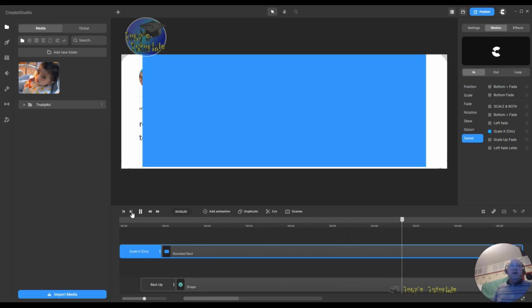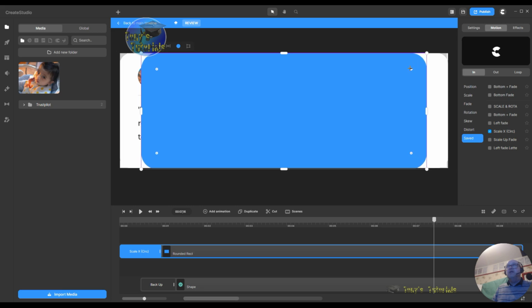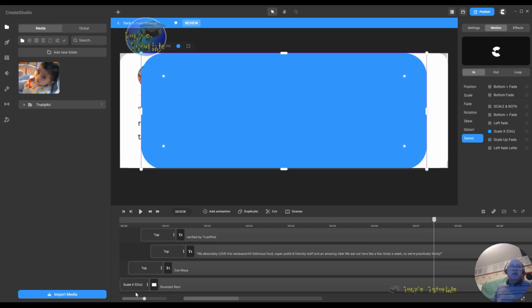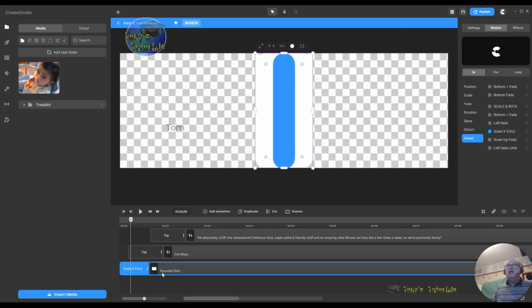Won't come out the same way, right? Obviously, this has got rounded corners. You can round the corners off. It's simple. It's just pulling them. These little circular things with the dot on. You pull on one of them, where the crosshair comes up like that. You can make them whichever way you want. And the other reasoning besides what's happened here with the length is it's got its own sizes in there of